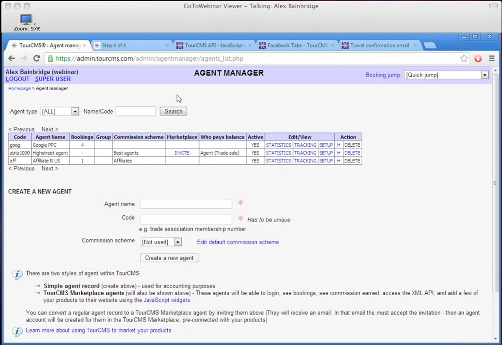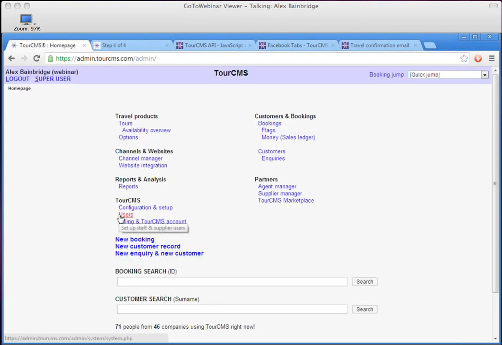Okay, so we have an agent manager, and the other thing that we have on top of TourCMS is this thing called the TourCMS marketplace, and this is where you can have TourCMS agents shared between TourCMS accounts, which is a very powerful proposition, because if you are a local individual supplier, or maybe a larger outbound tour operator, you may not have the power to get all these agents to work with you, but you might